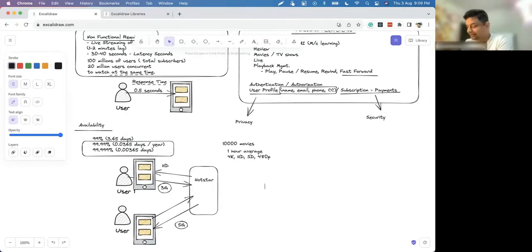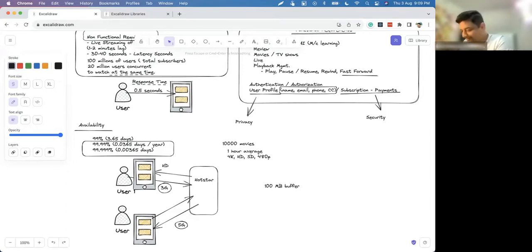So you can say that if 100 MB of data is there as a buffer at the client, then I am good. Please upgrade the resolution for the next package. If it is not, you can say that no, the network is slow.